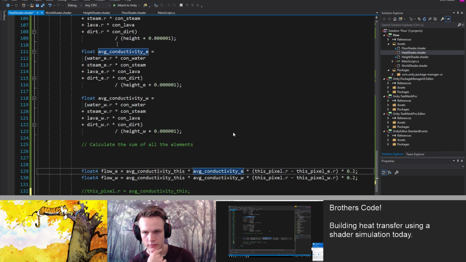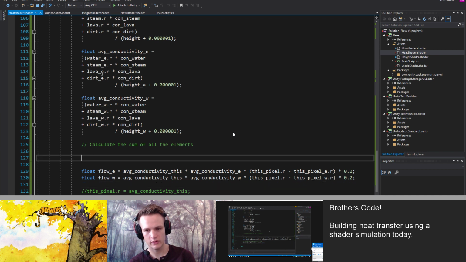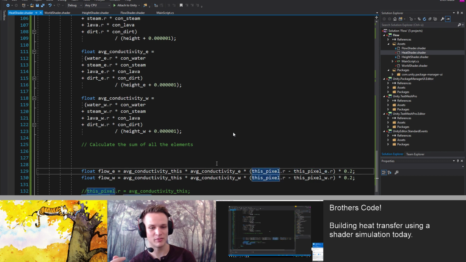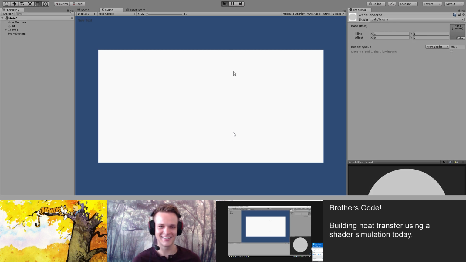Average conductivity east, it should be float. Oh God. So what it was doing is it's setting all the values in the float4 to that one float, which meant that it was doing something crazy. Okay, so yeah, that was probably an issue. Well, that's what you get for being careful while programming.